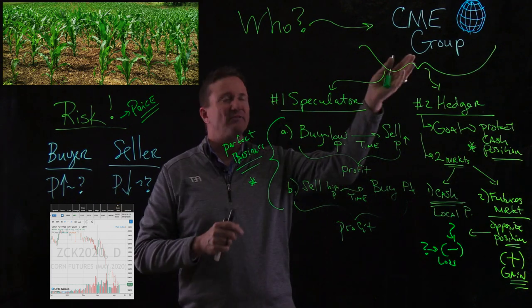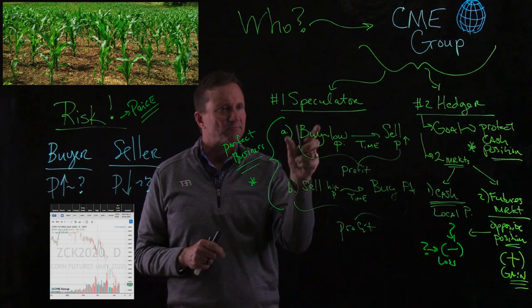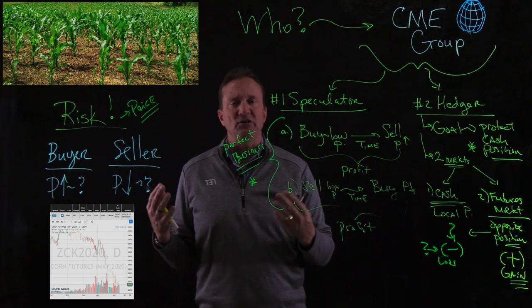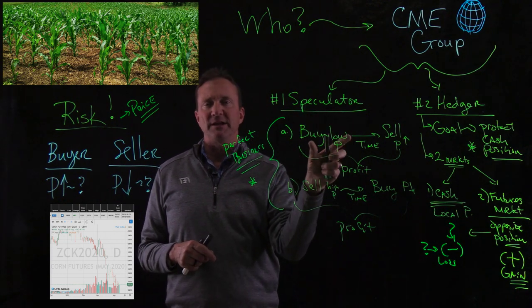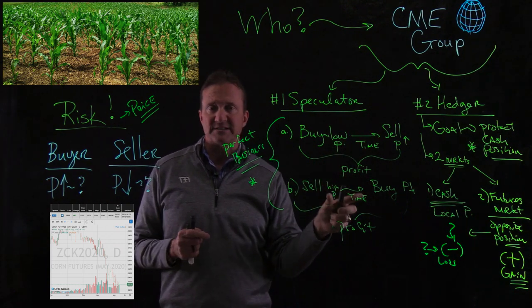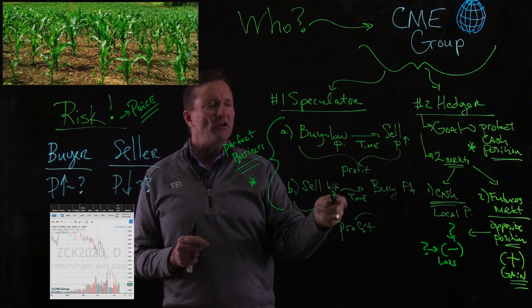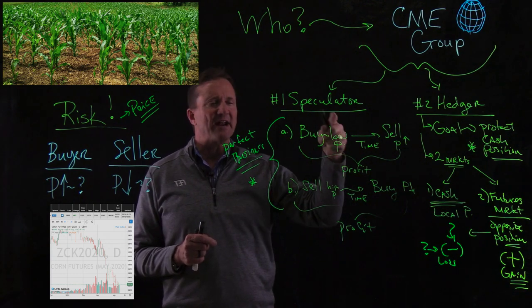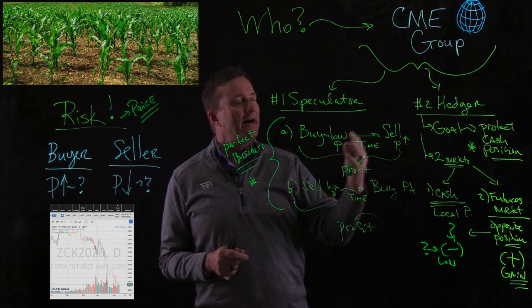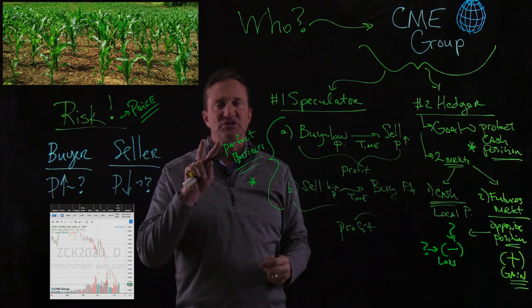Now, who is involved in this futures market was our focus. And to review, that's a speculator. They are speculating on the price moves, and they can make money buying low and selling high, or they can make money by starting off selling contracts and then buying them back later. Either way, they trade themselves out of the futures market, and their goal is to make a profit just on the price moves. A hedger is involved in 2 markets.